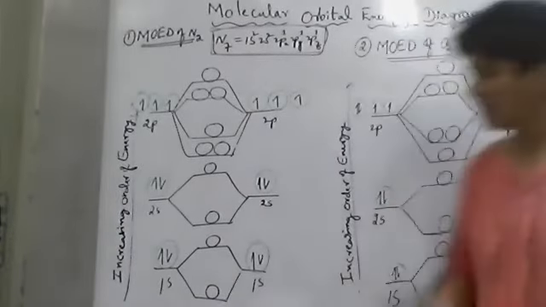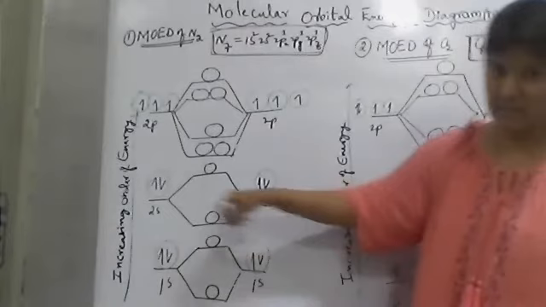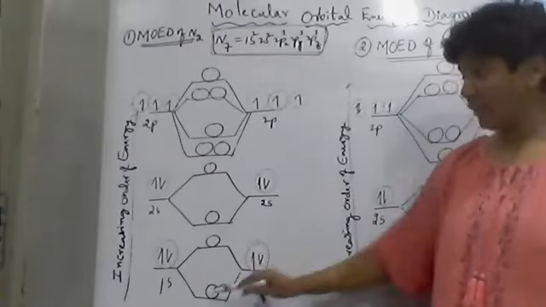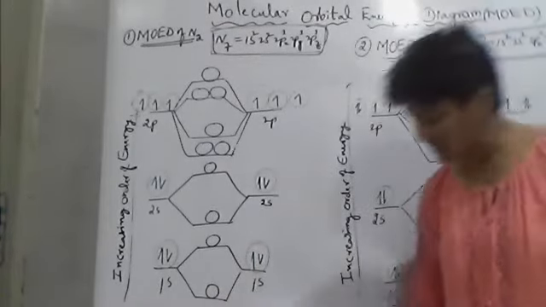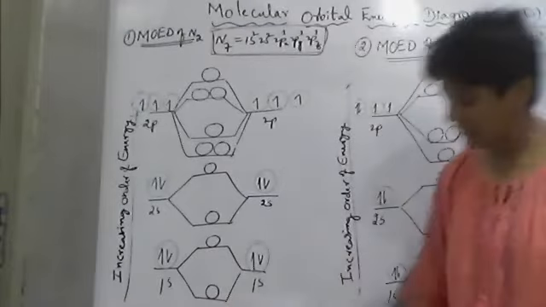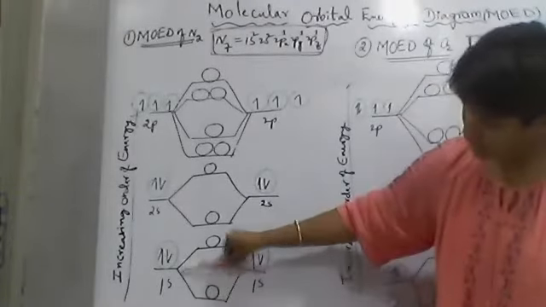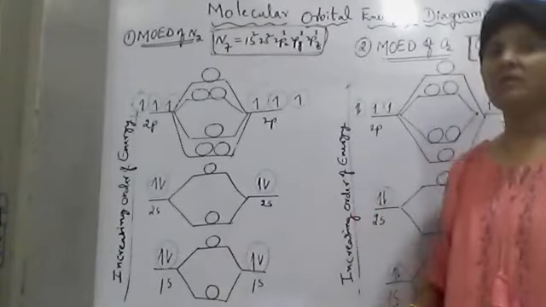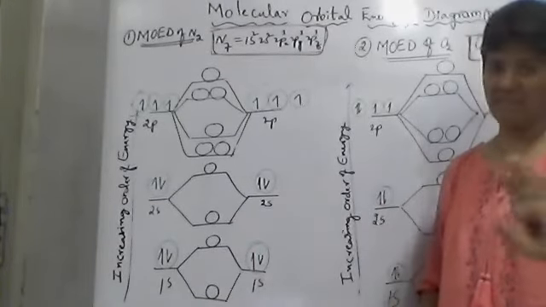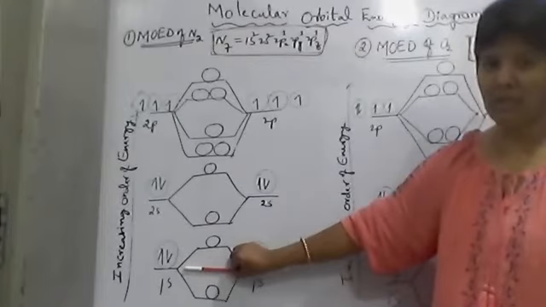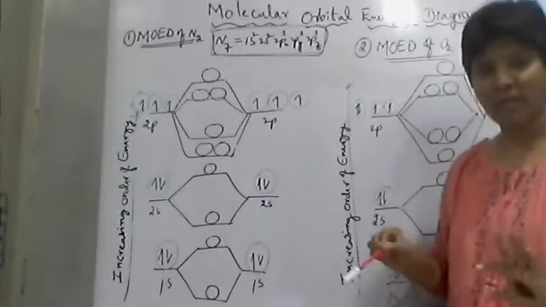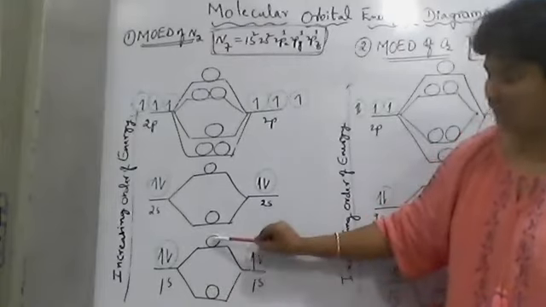Now, these sides are atomic orbitals. When two atomic orbitals combine, you get two molecular orbitals. Please check carefully. These two green circles, these atomic orbitals, are at the same energy level, meaning atomic orbitals of the same element have the same energy. But when they combine to form molecular orbitals, you get two molecular orbitals. Half of them will have a lower energy, and the remaining half has higher energy.